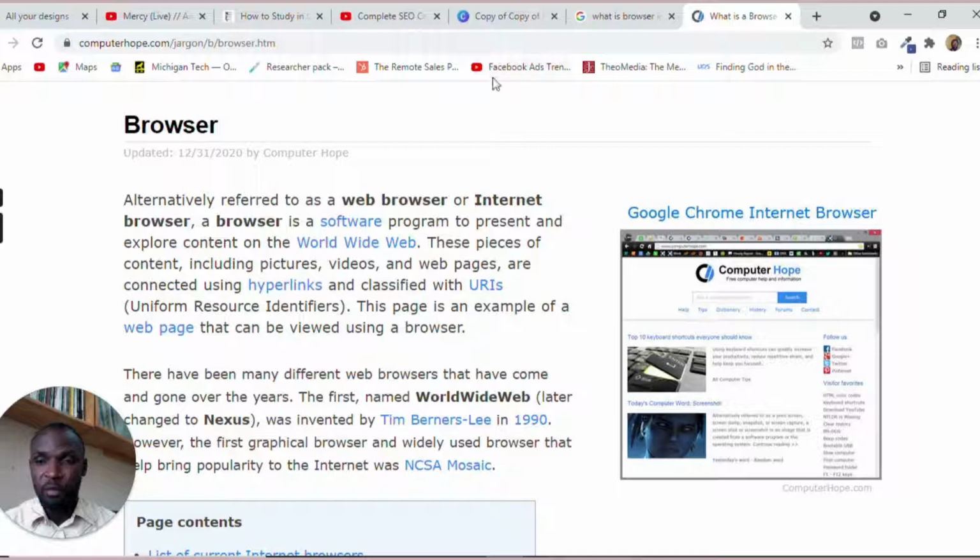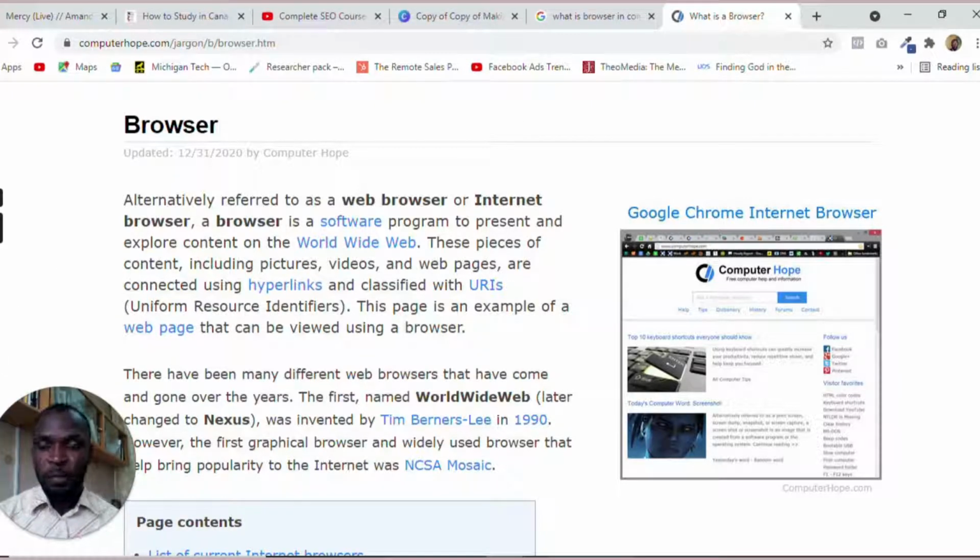Picture it this way. Let's say for example, you want to travel from one location to the other. Depending on the distance of the journey or the trip that you want to take, you probably need a visa, or you need a ticket for your transport or wherever.